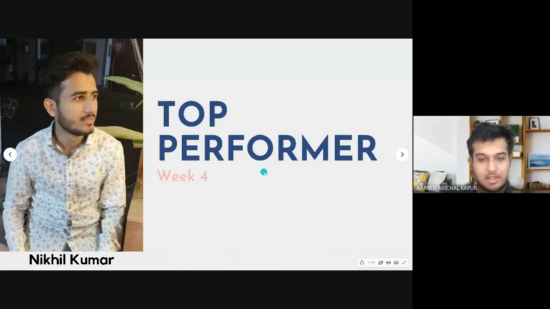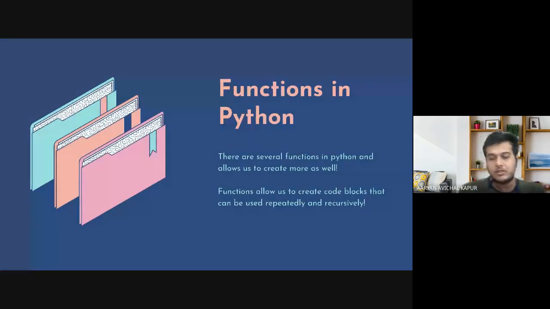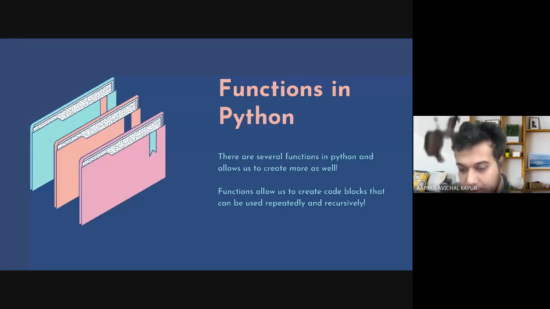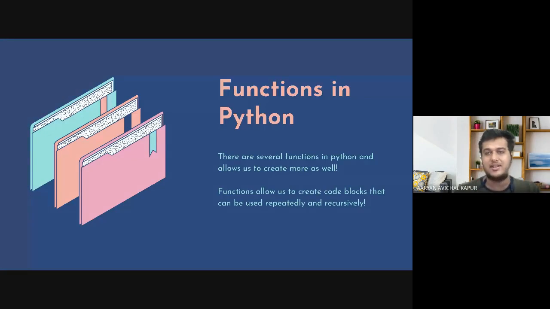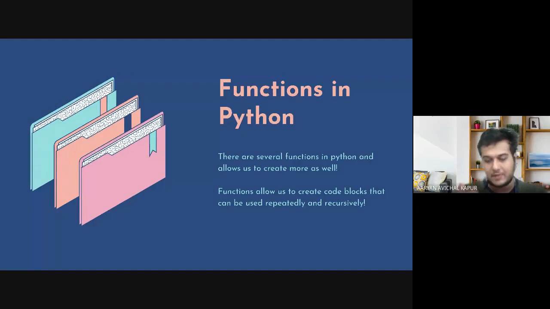And now let us begin with functions. So what are functions? Let us look at it in this manner. If I want to find if a number is odd or even, it is very simple. Any number divided by two that gives the remainder zero is an even number, right? Now what I can do is, for every number, I can individually write that if the number's remainder with 2 is 0, then even, else odd.